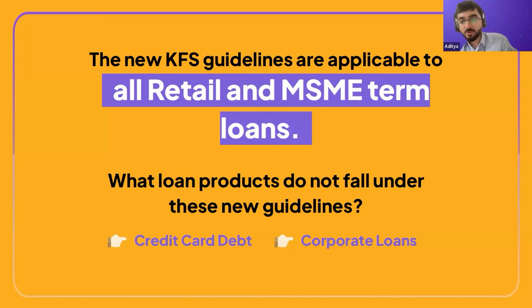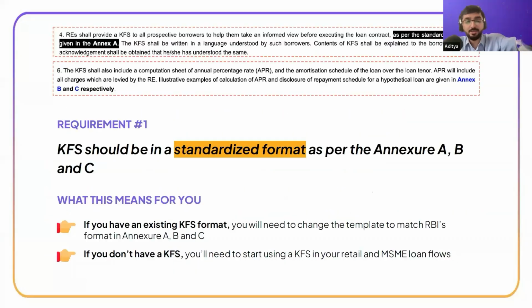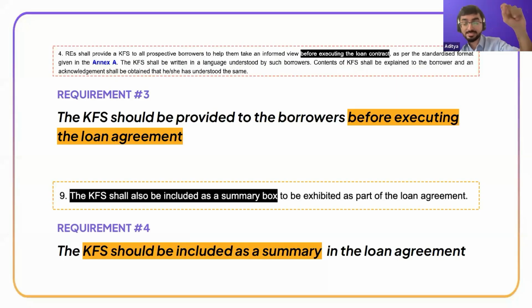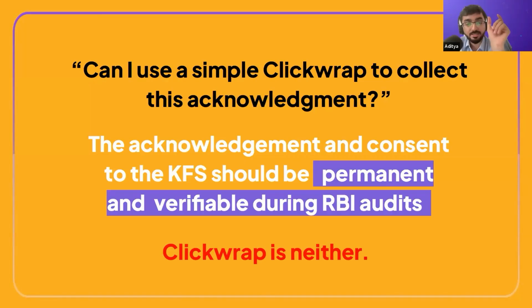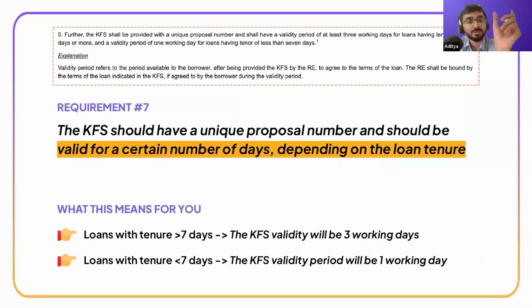No, the application form is not compulsory for KFS. You just need to ensure the unique application or proposal number I'm talking about. So yes, if you can go to that slide. The KFS guidelines say that the KFS needs to have a unique proposal number. Now, there are two ways of reading this. One way is that all KFSs mandatorily have a unique proposal number that is for that KFS alone. The other is at the stage of application for a loan,